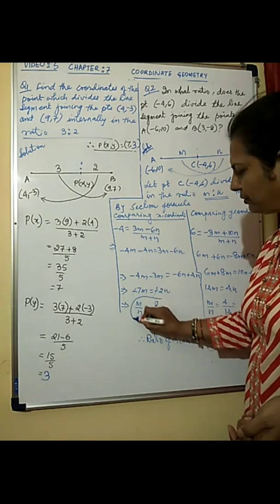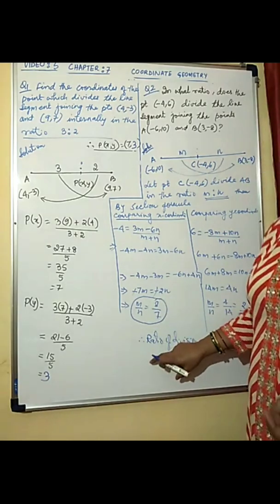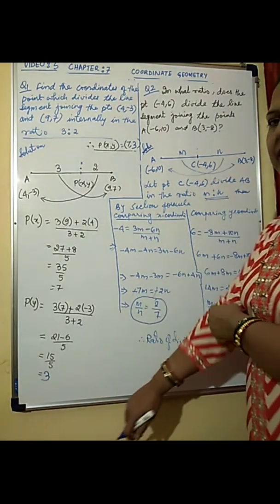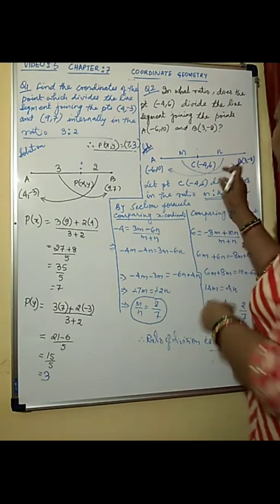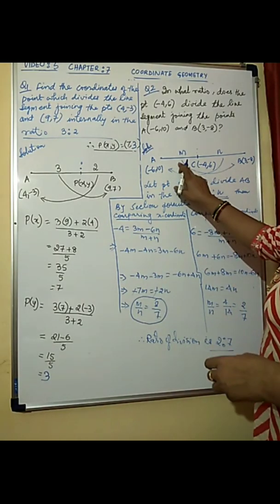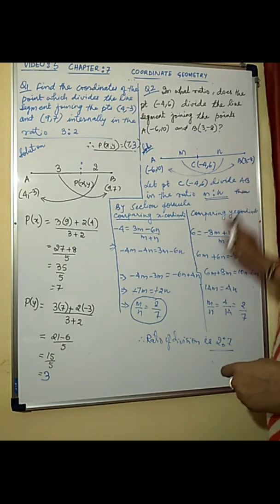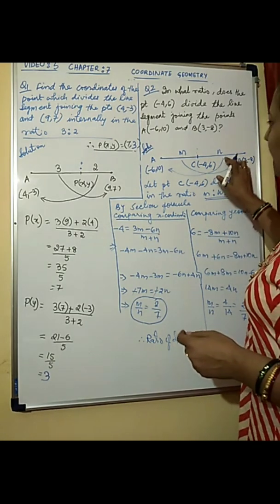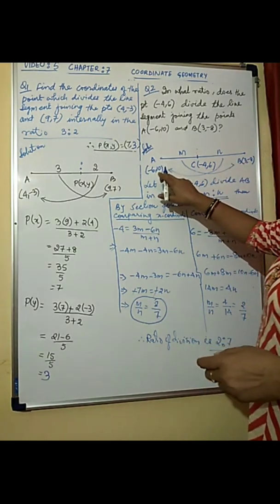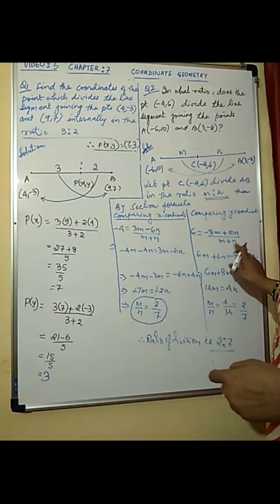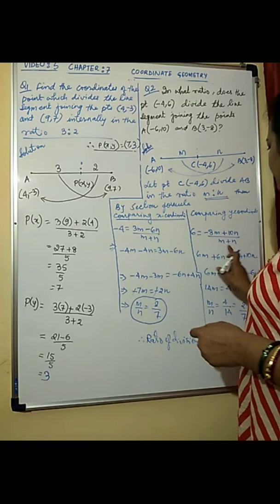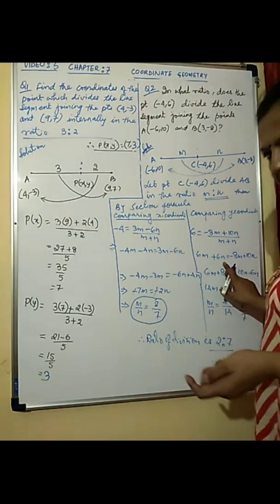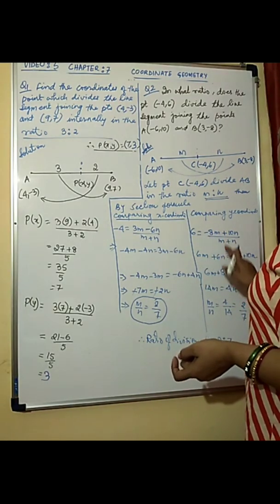So this is the ratio we got when we compare the x coordinate. Now let us see what we get when we compare the y coordinate. So when we compare the y coordinate, we get 6 equal to m with the y coordinate, which is minus 8, so minus 8m, plus n with the y coordinate of A, that is 10n, divided by m plus n. So this will give you 6 into m plus n, which is 6m plus 6n is equal to minus 8m